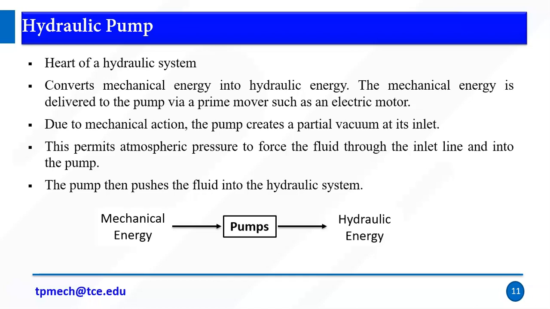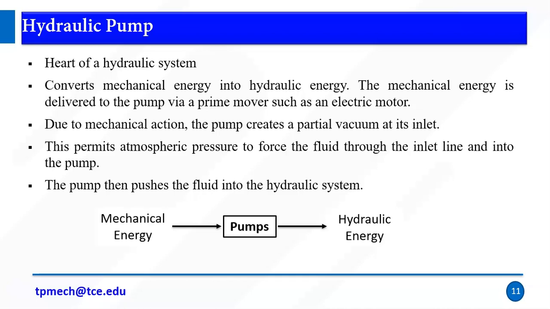So how does the pump work, right? Simply, if they ask how the pump works: the pump has an inlet and an outlet. The pumping action takes place in a suction stroke. For the suction stroke, the inlet will open, but the outlet remains closed, so the air is sucked. Similarly, for the delivery stroke, the inlet is closed and the outlet is open, then the air is delivered to the particular system.